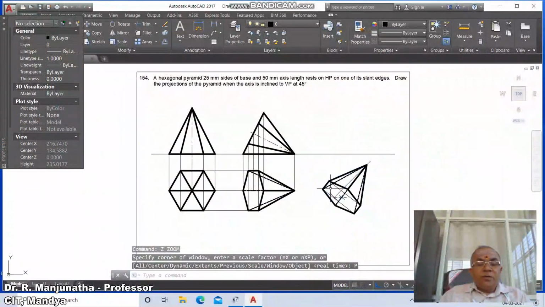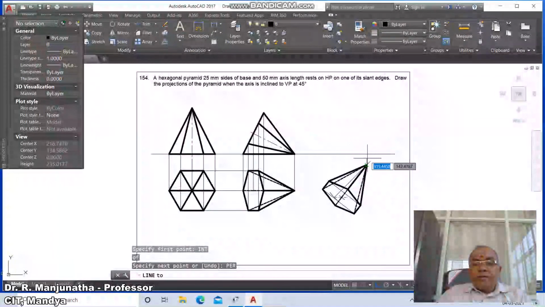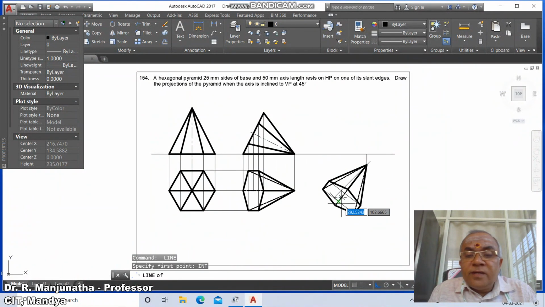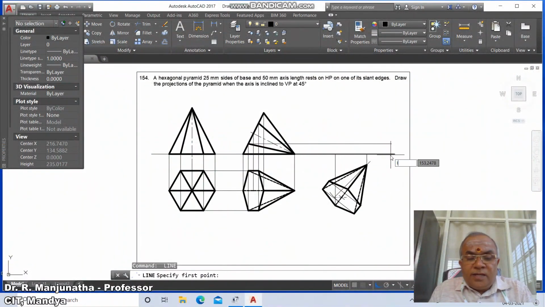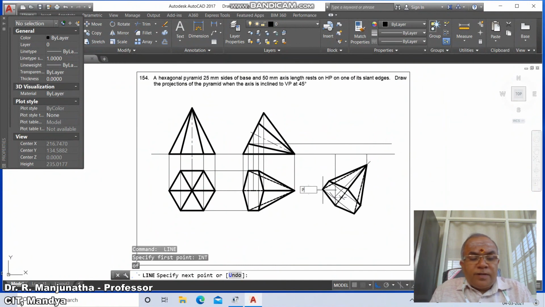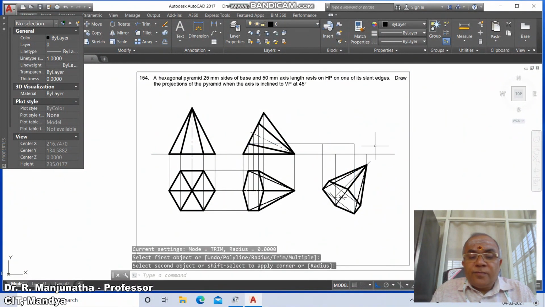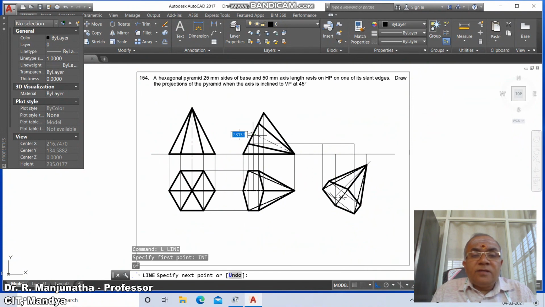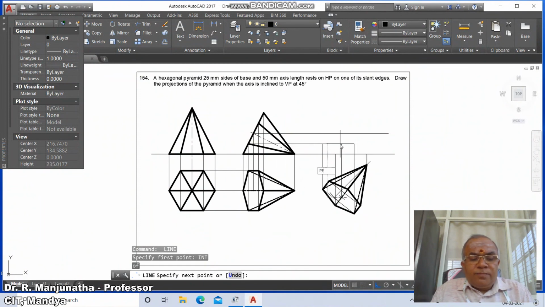Similarly, you just come down to line, take int of this and draw perpendicular to this, and similarly you take line int of this and you draw perpendicular to this. Then go to line int of this, then you take line int of this perpendicular to this, then go to line int of this and take perpendicular to this, then go to fillet between these two, then go to line int of this, you take this as the axis line, take int of this and draw perpendicular to this,